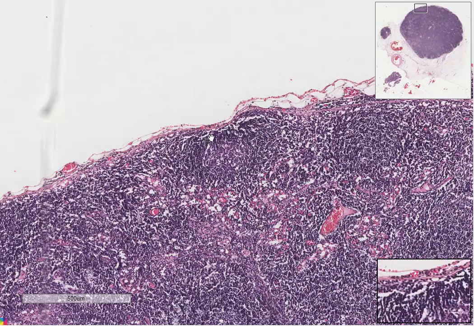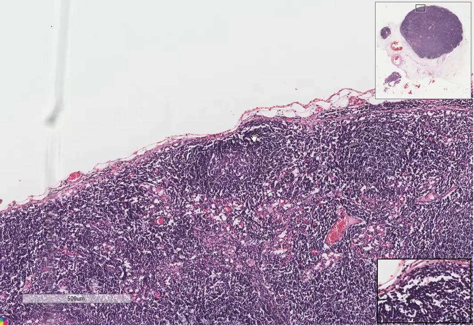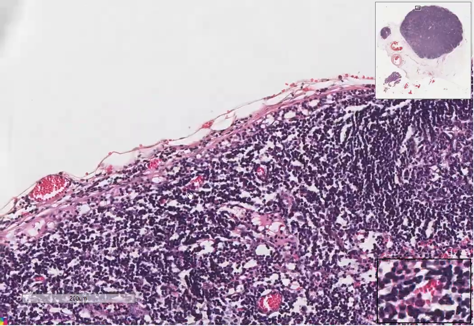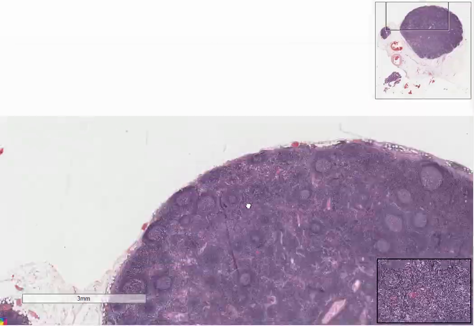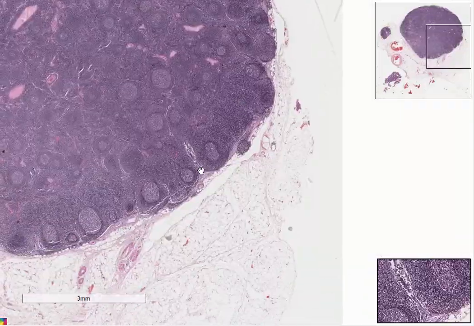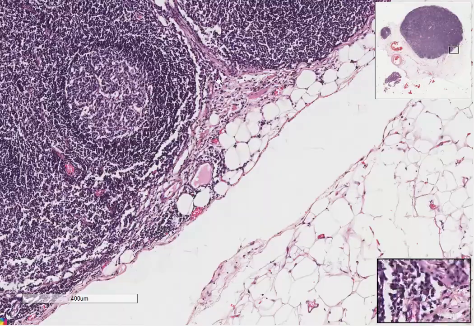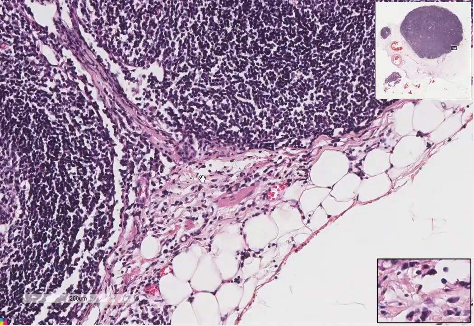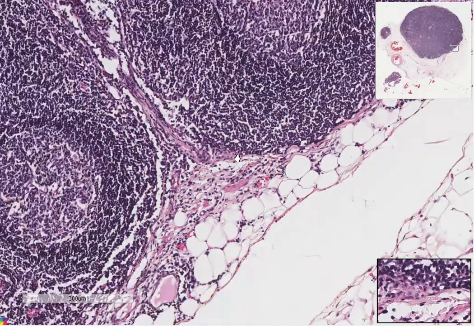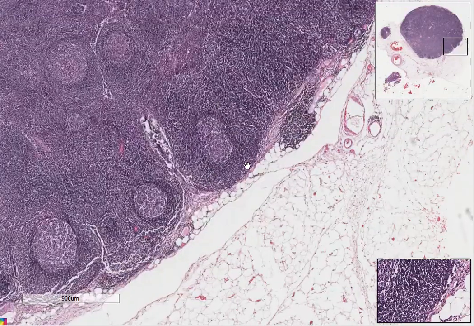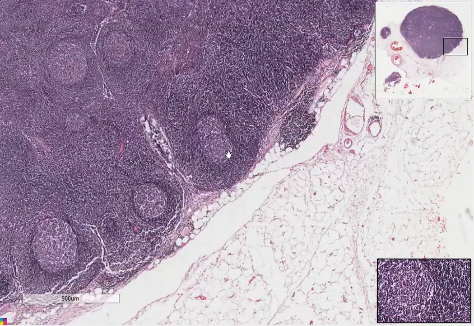But in the normal lymph node, you get to see there's a space. It's not so clear here on this section, but probably here you can see there's